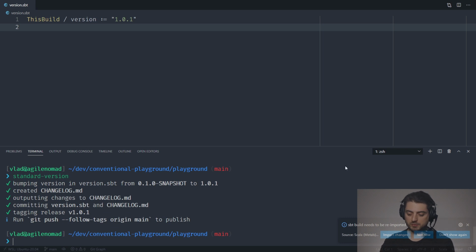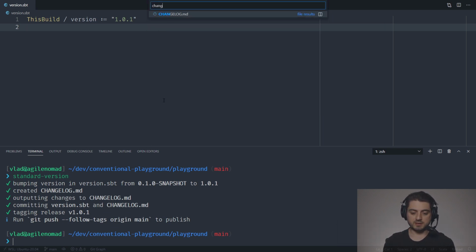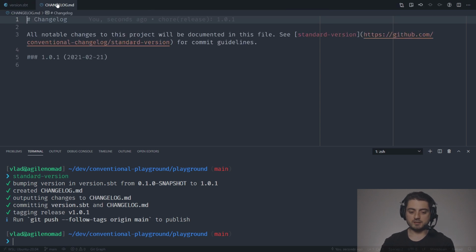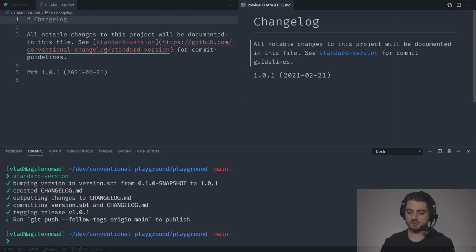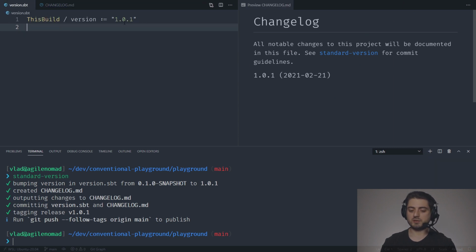Okay, so no, actually don't show me this again. In this case we can actually see the changelog, and VS Code has a markdown render. It's not super awesome, but it's okay. So it's going to look like this. This is our changelog. This is 1.0.1. I don't know why it decided to do 1.0.1. Probably because, oh yeah, it already happened, by the way. It already went and changed to 1.0.1. I believe standard version starts with 1.0.0, and then right now I just figured out